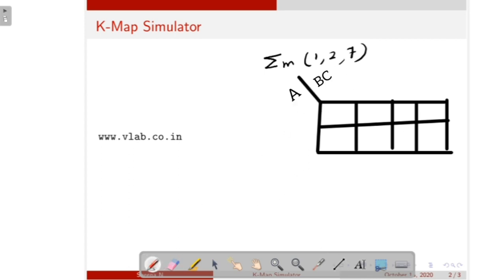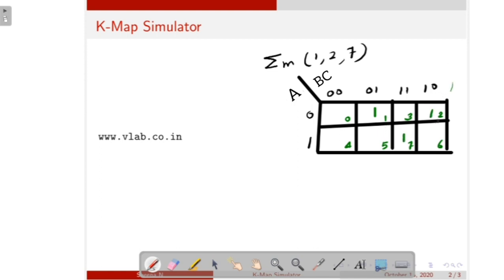Here it is A, B, C, 0, 0, 0, 1, 1, 1, 1, 0, and here 0, 1. So this is 0, 1, 3, 2, 4, 5, 7, 6. So you mark 1 in squares 1, 2 and 7.